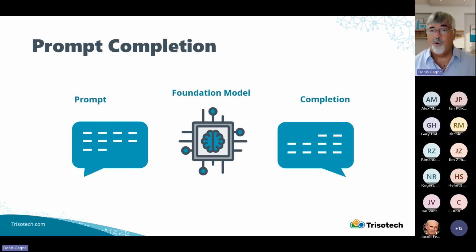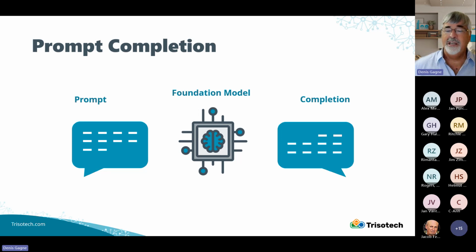Prompt completion, just the core basic of everybody. So you get a prompt, you start a prompt, and the foundational model will try to complete what you started. Some interesting look at it for the AI crowd here is that we could kind of look at that as some form of predictive production rule, where I have an input X and I imply the output Y. And if you start looking at it from this point of view, it gives you a new view of what is generative AI and these models.